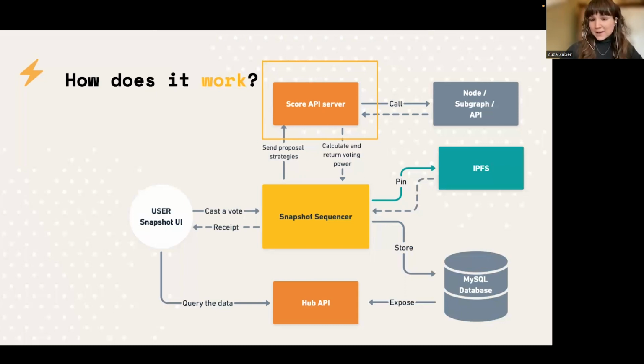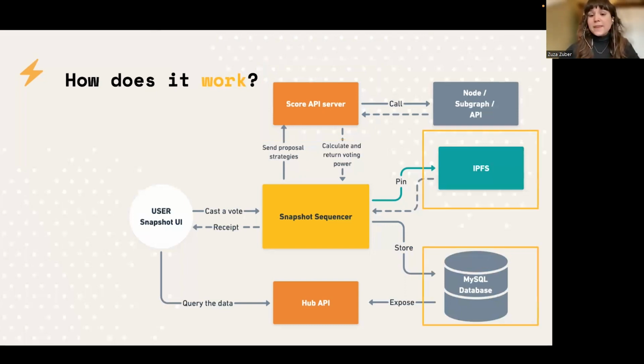What is happening after the validation, and if, for example, the vote of the user was successful, then the sequencer will make sure that the data is stored on IPFS, and it will be pinned on IPFS through a service called Pineapple, which is basically racing the request through different providers to make sure that the data is pinned as fast as possible on IPFS. What we also do, we store it on a MySQL database, which is then actually also exposing